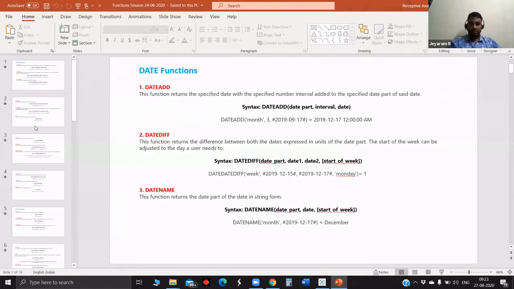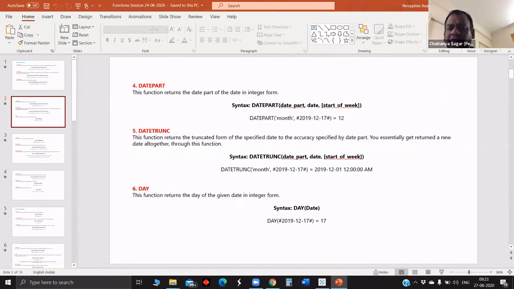Any doubts? Okay, one quick question, Jairam. See, for example, in a subscription kind of case, let's say you started subscribing to something, maybe your DTH or something like that. So let's say you go for the 5th of the month, then they would start charging you on the 5th of next month, the 5th of the month after, and so on and so forth, right?